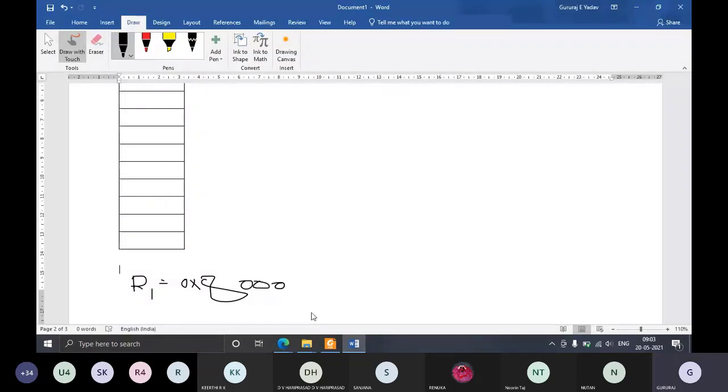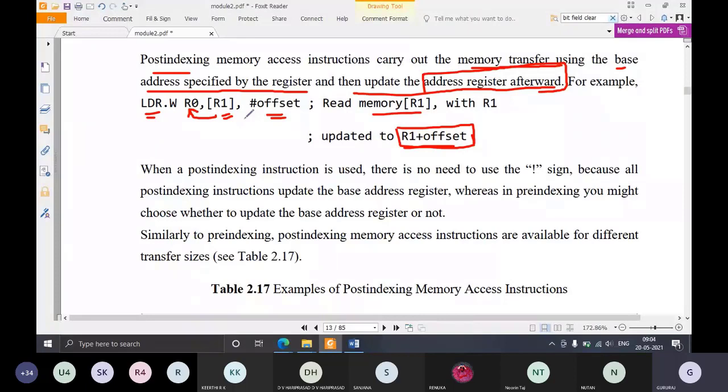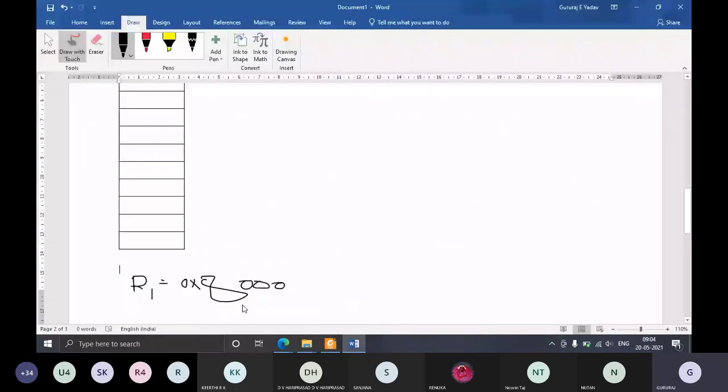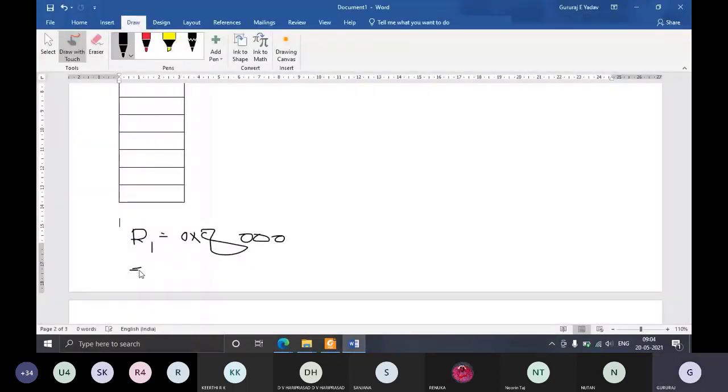So what is the instruction? LDR.W R0, [R1], #offset.